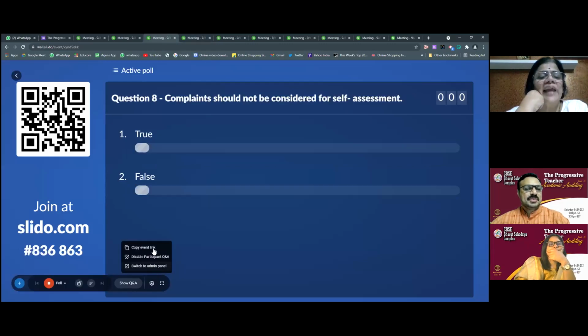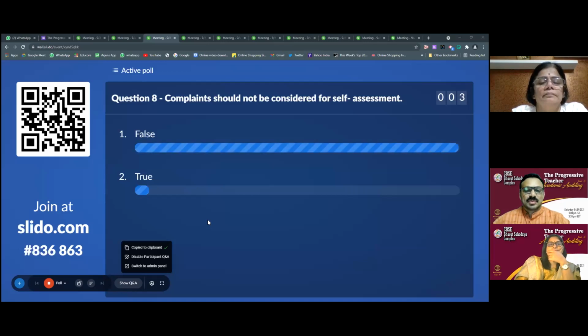Then question 8: complaints should not be considered for self-assessment. True or false? False. Oh, so many have already typed, sir. Majority says false. Yes, it is false. Complaints should be considered for self-assessment.